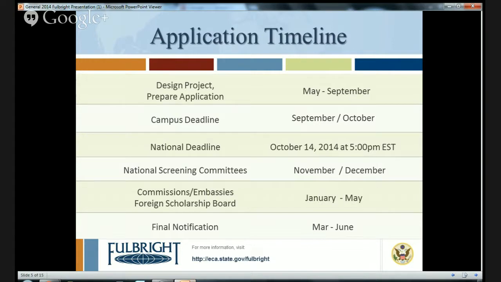You're going to hear back from IIE in late January whether you were recommended or not. Everybody will get some sort of notification via email whether you were recommended or not. If you were recommended, don't pack your bags quite yet because you have a second wave review. But if you weren't recommended, don't be discouraged. There's a lot of Fulbrighters out there. Many of our Fulbright alumni ambassadors actually didn't receive it the first time around, but were able to come back the second time and be a little bit more focused. They had more experience that they could add to their application. They boosted their language skills, those sorts of things, and got it the second time around or the third time around. So if at first you don't succeed,